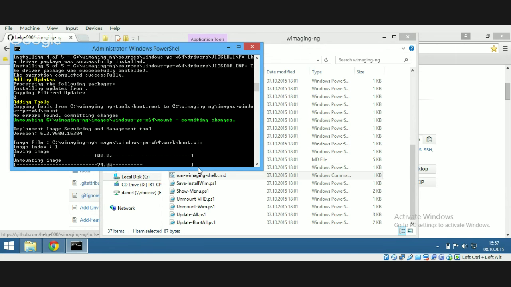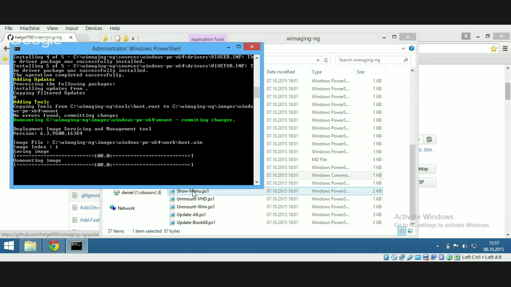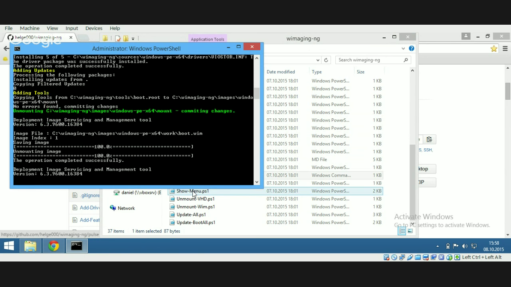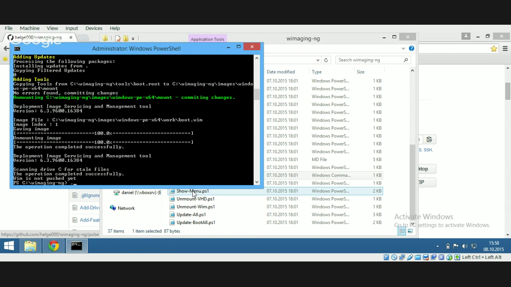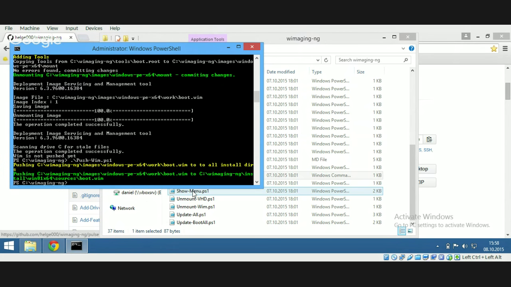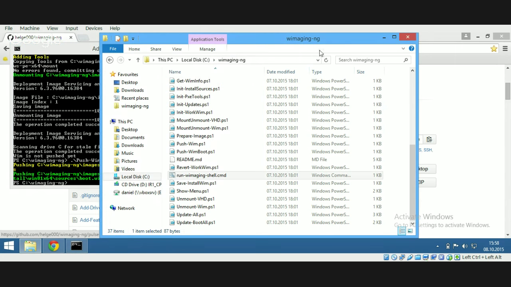One last step would be to copy this boot Vim image to all the OSs you serve. Currently I only serve Windows 8.1, but you could have more, like Windows Server or something. So there's another large script, called pushvim, and this pushvim script copies the Vim I just created as boot Vim